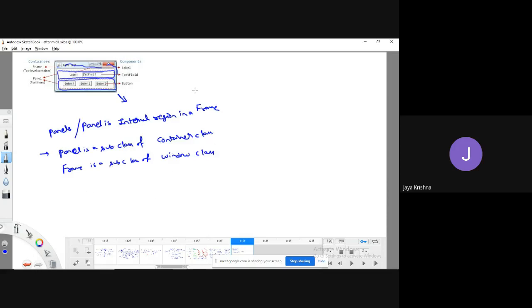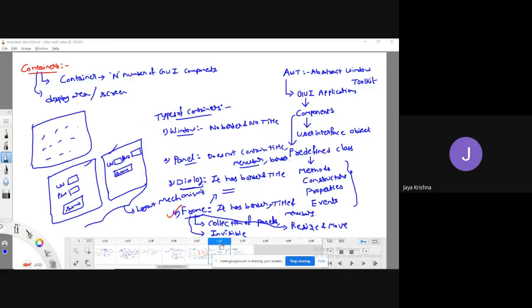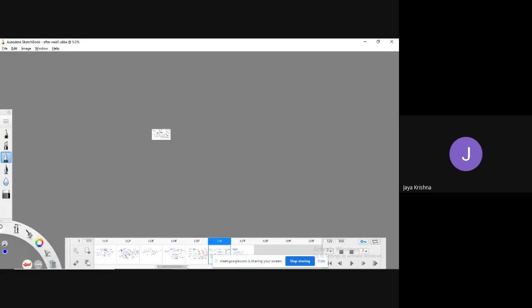Guys, and one more thing, the difference between frame and window: frame exists within the window, but window doesn't exist in the frame, vice versa is not possible. So guys, whatever the thing, even container is also a component.